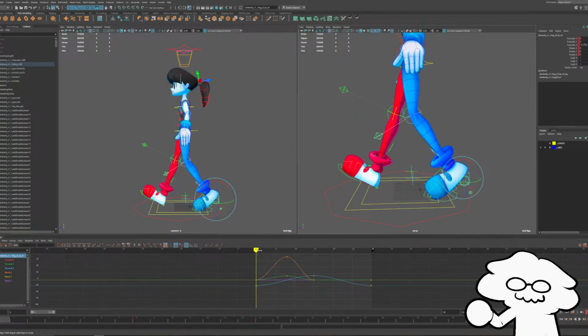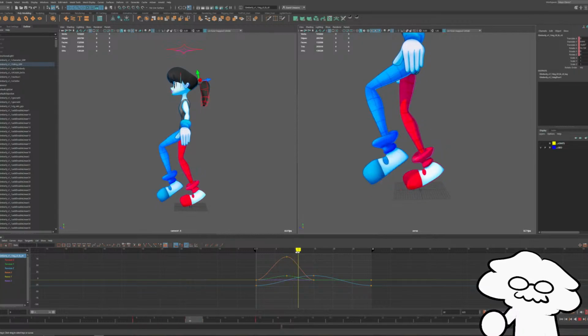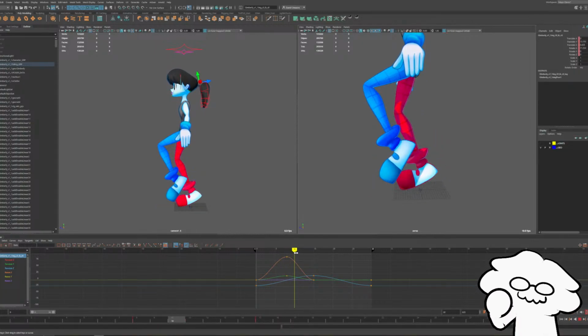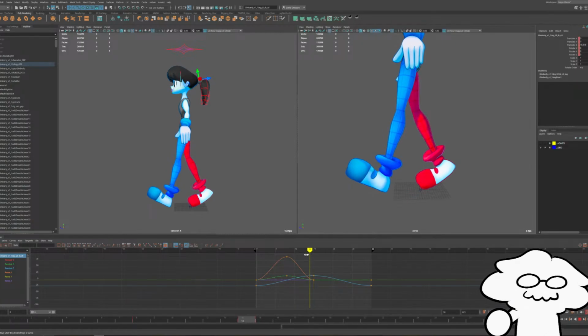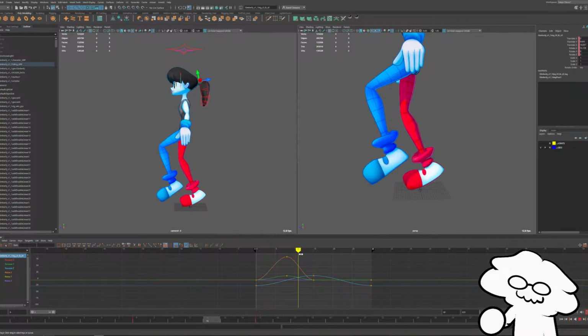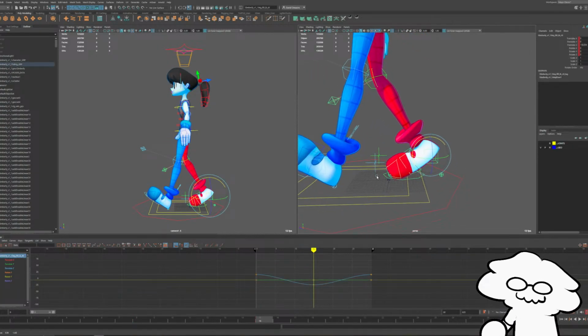So right after it comes off the ground, it's going to raise upwards and rotate. And then as it goes to frame 15 and it's about to take a step, it goes back downwards. So like that, and then we'll do the same for the back leg.